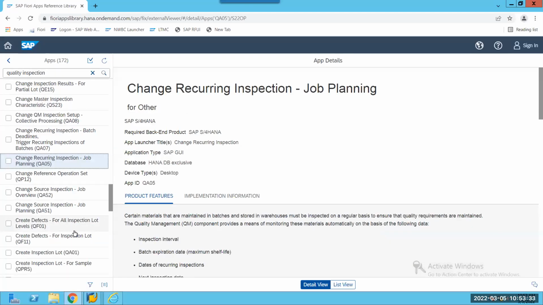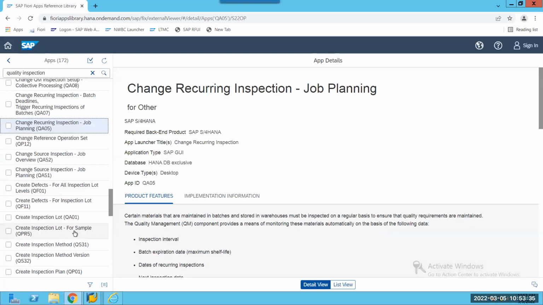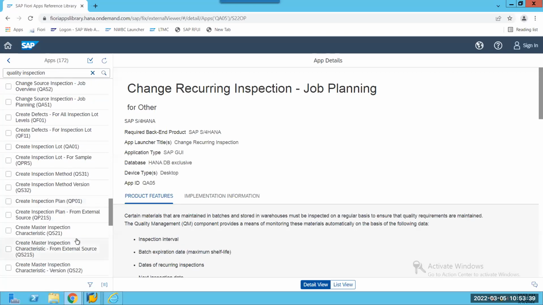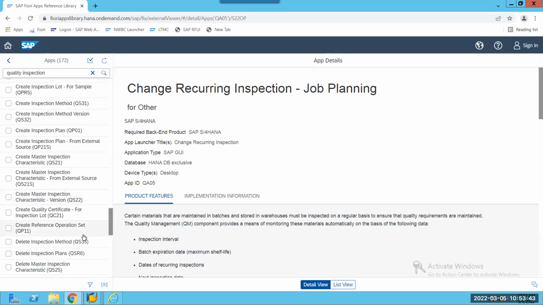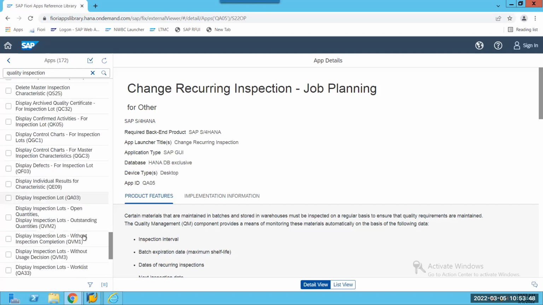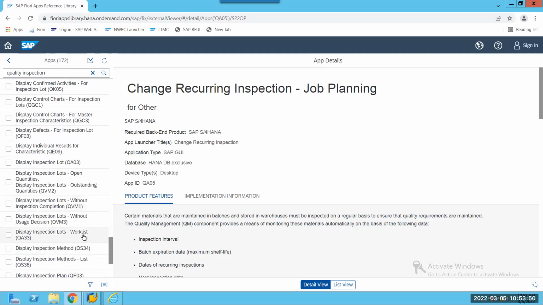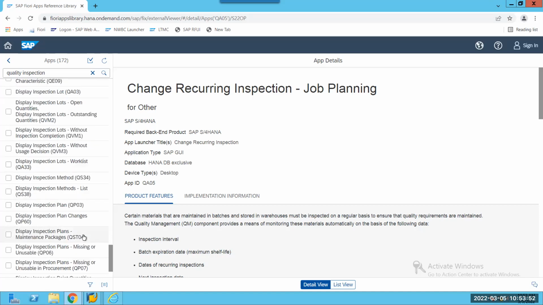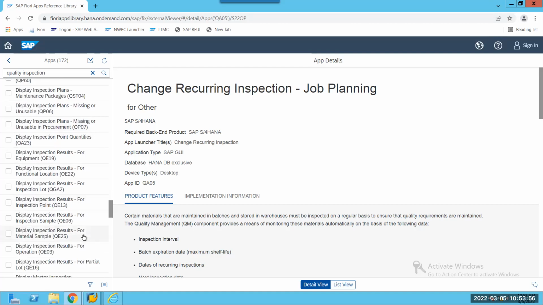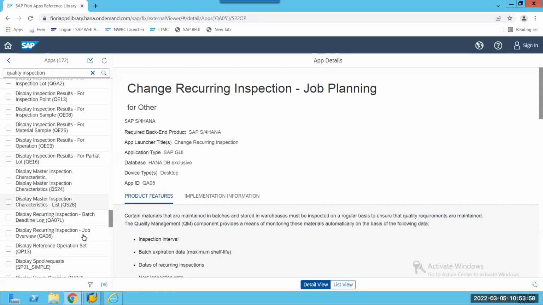And then create inspection lot for sample.